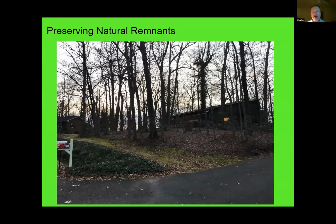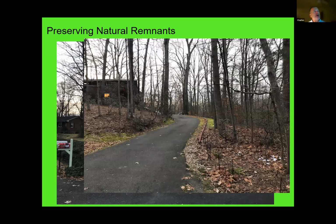This is a cool house. This was, again, near that townhouse I lived in Stafford County. Much of the neighborhood was your typical development where they stripped off all the trees or left a few trees as ornamentals and put grass in. This particular house, they left most of the trees and the understory. It's a cool property because it's got a buffer around it of a kind of a remnant forest stand, but